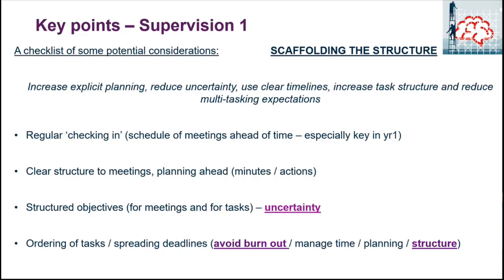As part of that planning and part of that structure, it's really important to obviously think about the programme of work that's going to be done during the PhD. Neurodivergent students can sometimes try to take on too many things and try to do too much all at once, and might be specifically prone to saying yes to taking on lots of additional things that aren't their actual PhD research. And getting that balance right between making progress on the PhD project and wanting to get involved with lots and lots of other things, sometimes that needs really careful consideration.